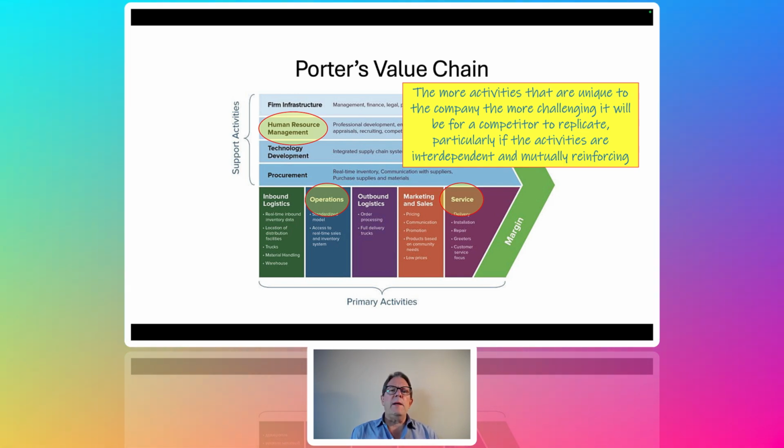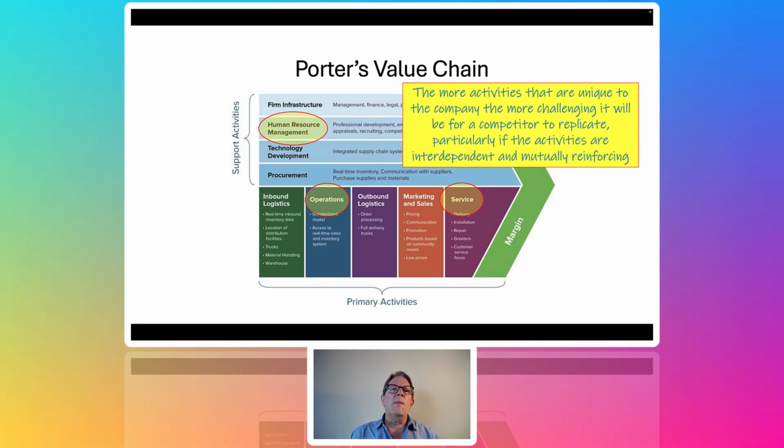So if you believe your company has a proprietary manufacturing process or delivery process, you really want to think about what are the advantages, the sub-activities that they bring to that process? And you want the idea to be unique to that company. That's the key. And the more that they have and the more interdependent they are, the harder it is for